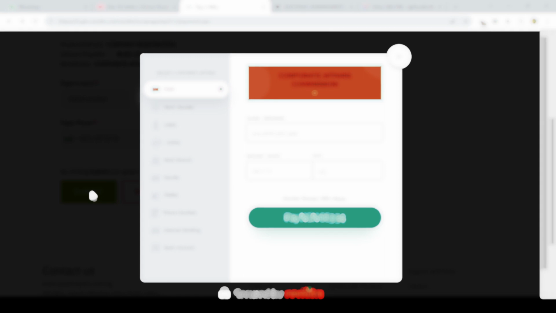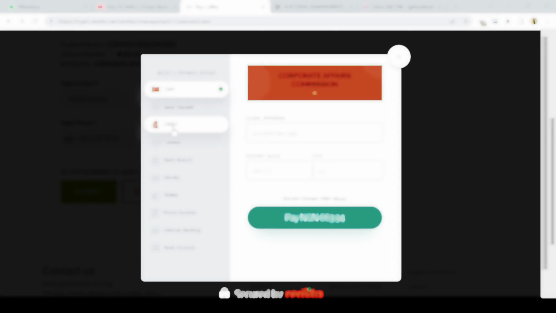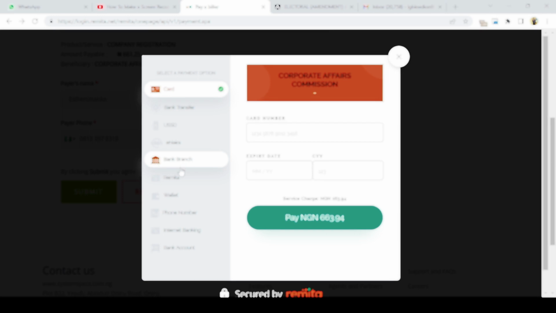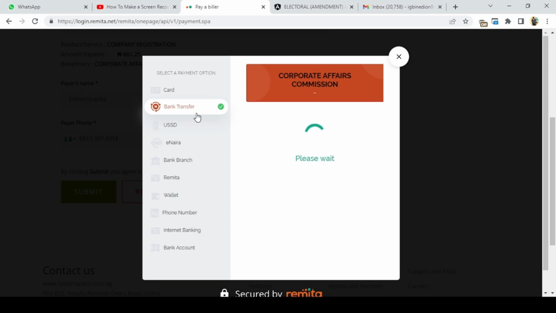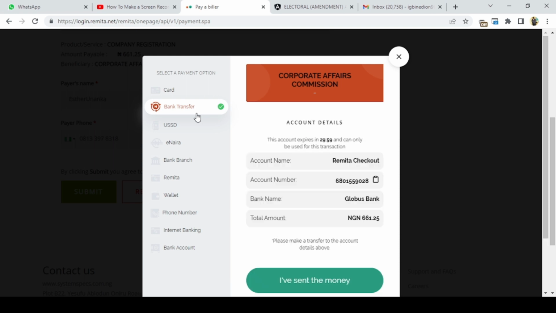Now when I click on submit, it shows me various payment options: card, bank transfers, USSD, e-naira, branch, that's bank branch, Remita, wallet, and then phone numbers. That's what I was saying, you can use your phone number, I think a recharge card or something like that. Internet banking, bank account. For me, I always, because of security of my card details, I'm not saying they're not secure, they're very, very secure, but for me, I don't value that. So I just copy out this, that's the account number,